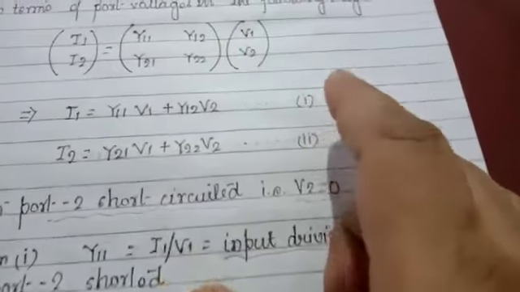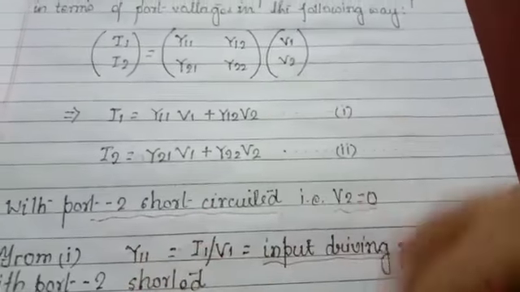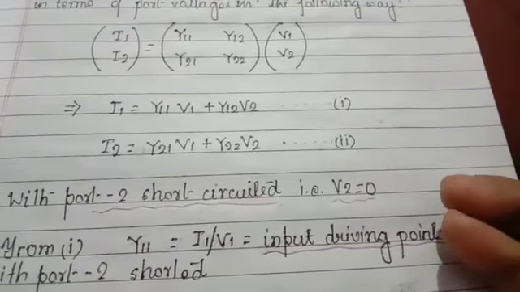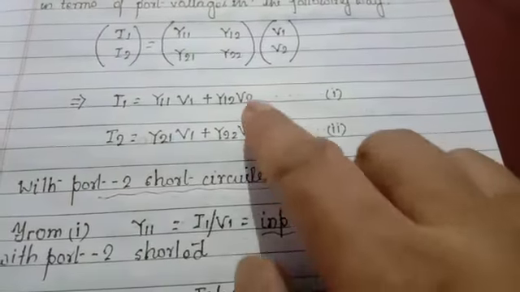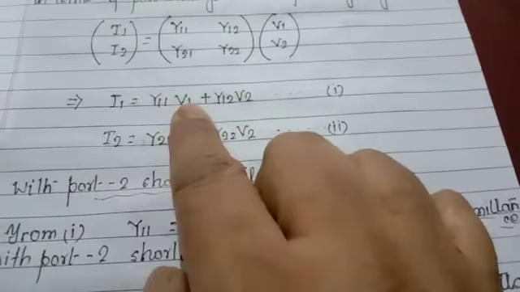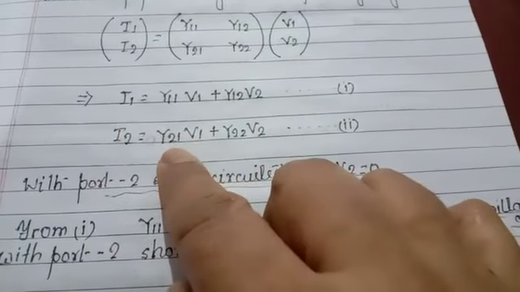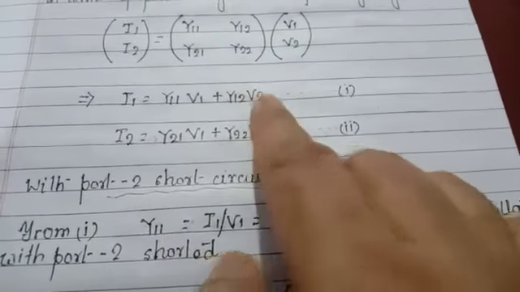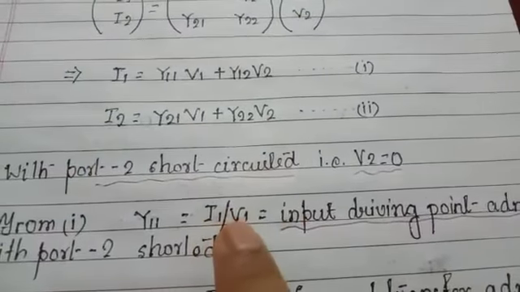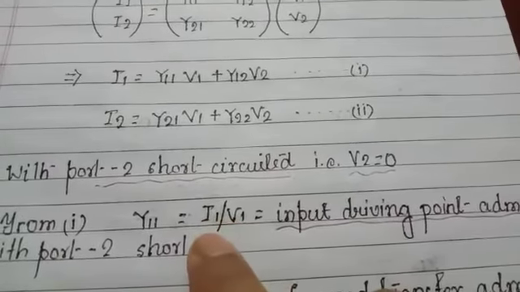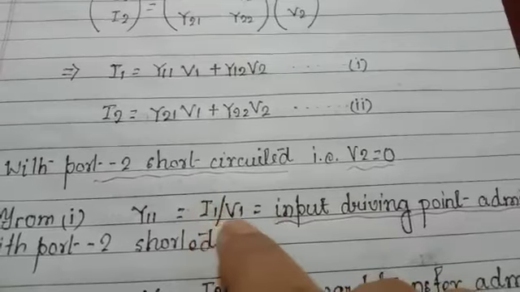Now when V2 is equal to 0, that means port 2 is short circuited. Then if I put V2 equal to 0 in these two equations, I1 by V1 is equal to Y11, and I2 by V1 is equal to Y21. So I1 by V1, what is it? This is actually an admittance. Both of these quantities